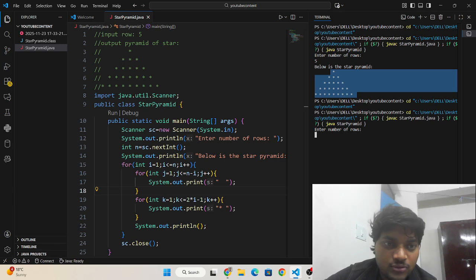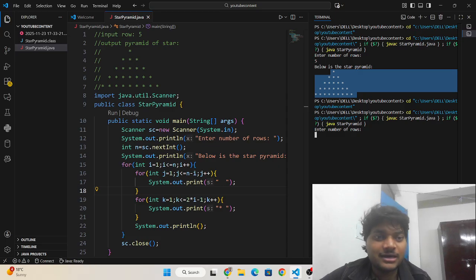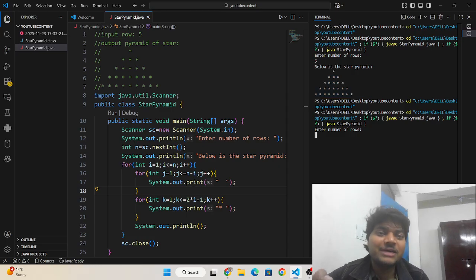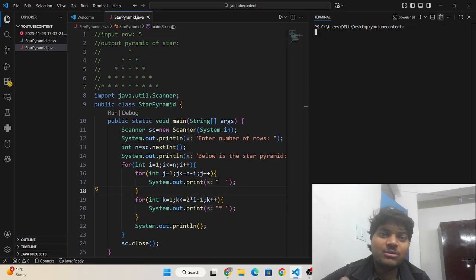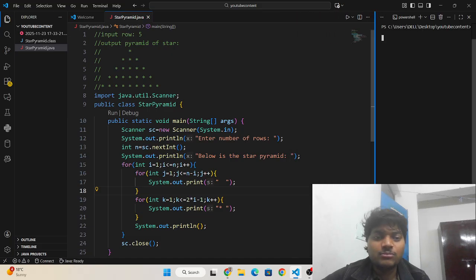You can see the number of stars present in the first row is 1, then 3, then 5, then 7, and then 9. It is incrementing by 2 when we move to the next row; the number of stars printed is 2 more.